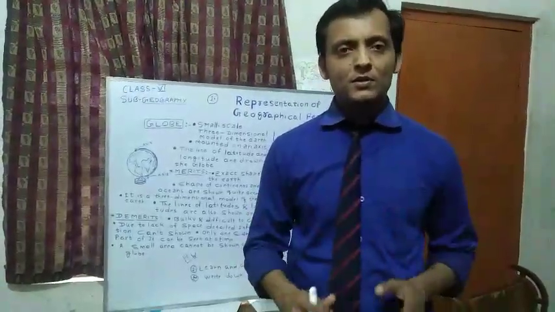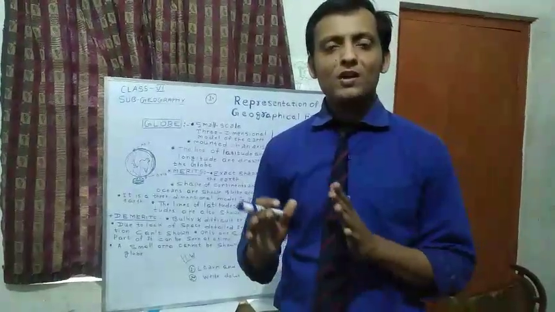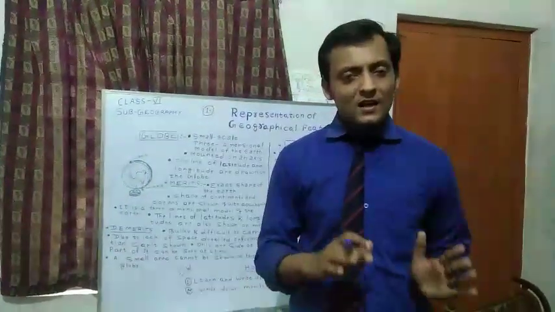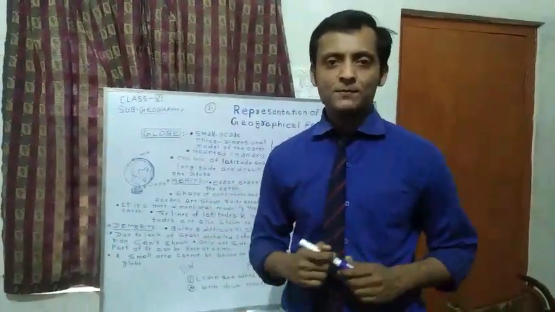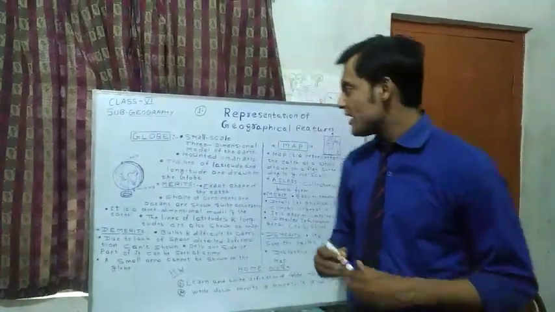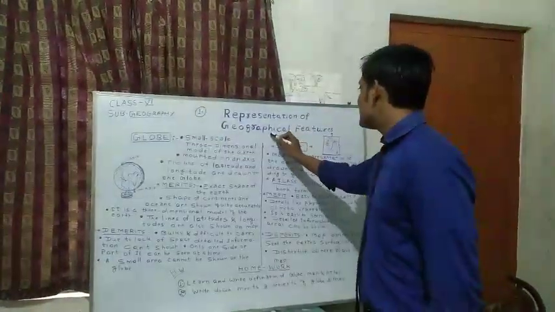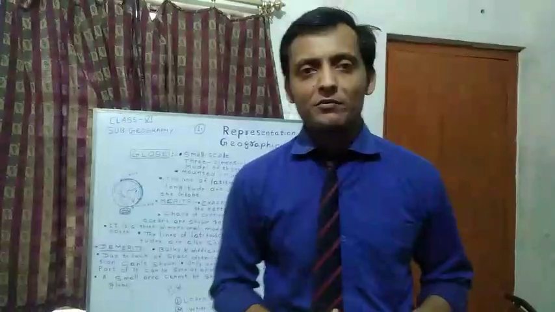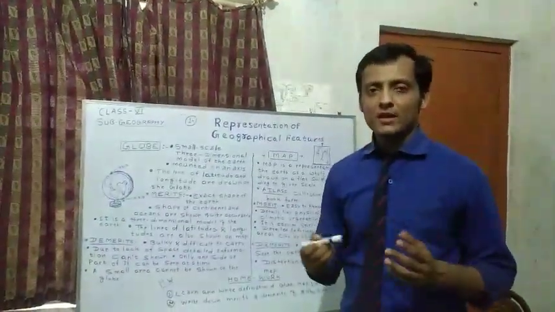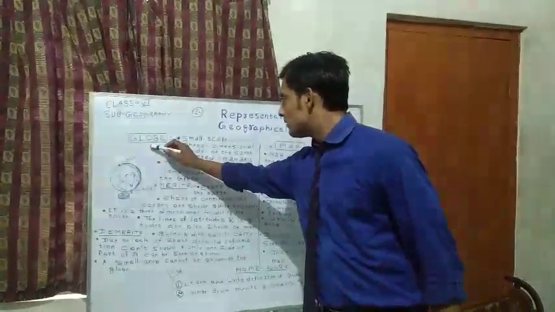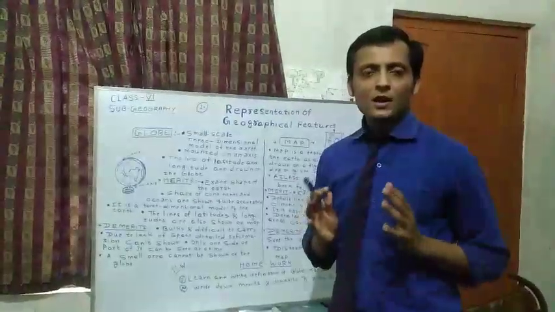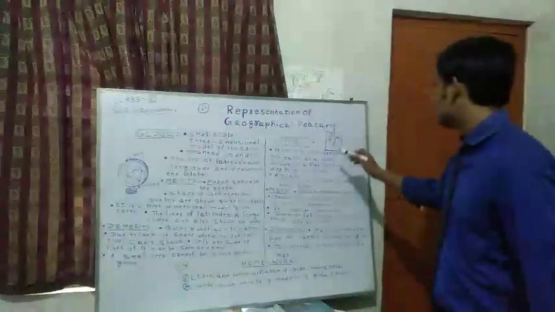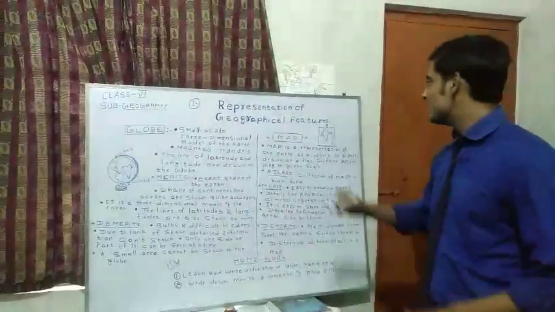You might have observed the different shapes of landforms on our Earth's surface like mountains, plains and plateaus. These are nothing but geographical features. Now in this chapter we are going to see how we can represent these geographical features on Earth. In order to represent them, we have two methods or ways. These are by making a model of Earth, or representing a part or the whole Earth on a piece of paper, that is, in the form of a map.